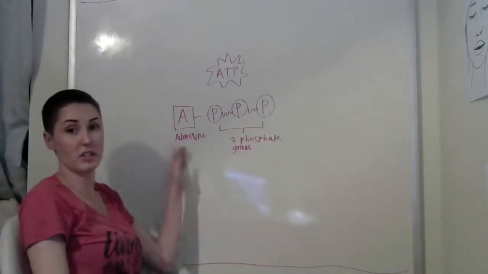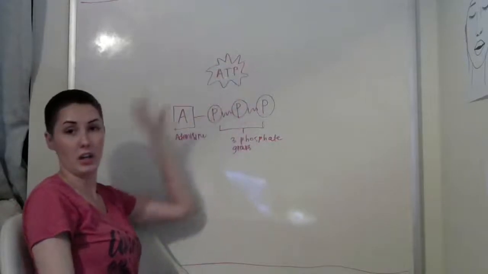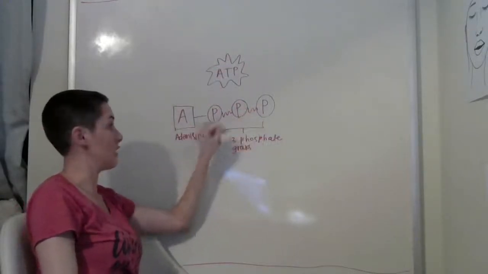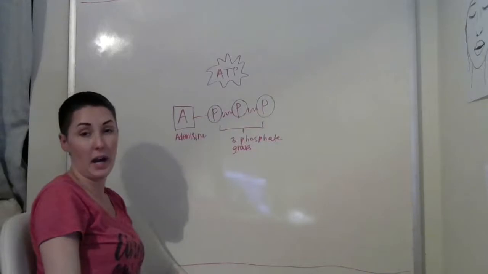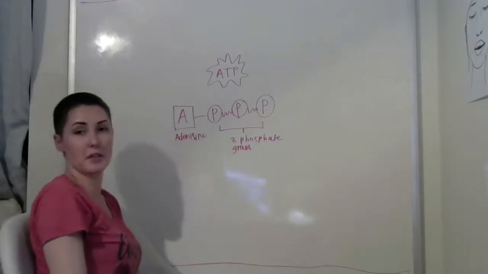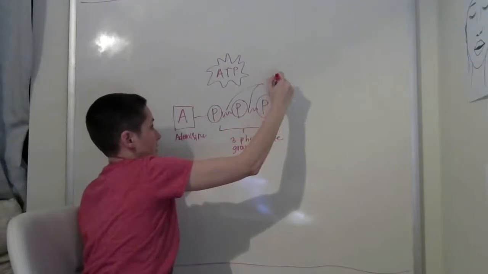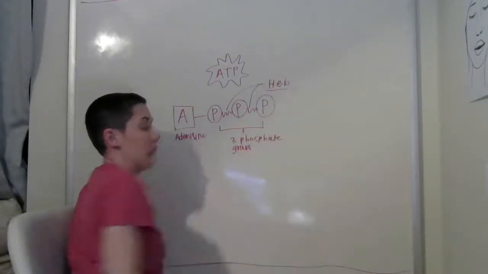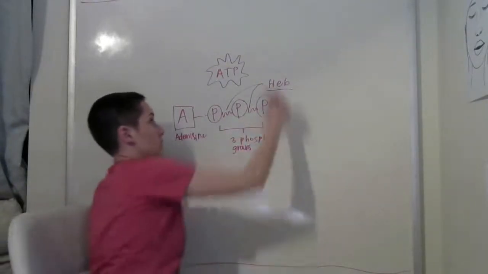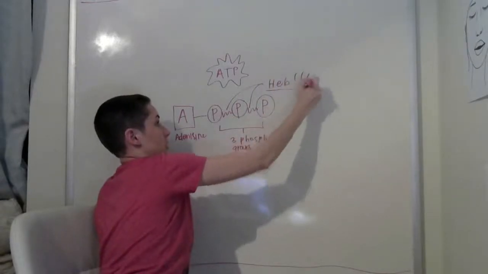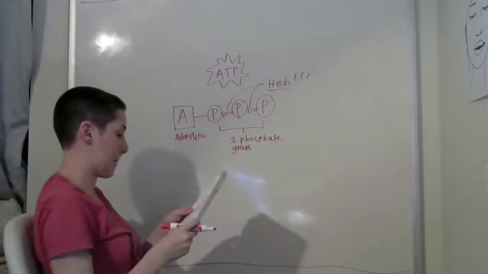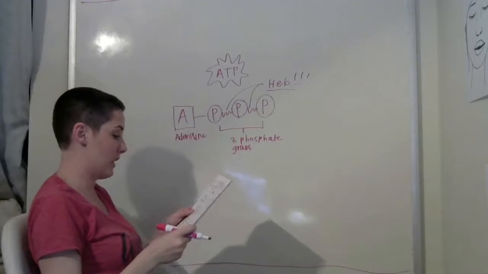Okay, so this is just the building blocks for energy. One adenosine, three phosphates, and then you have these high energy bonds. I was going to say electricity. All right, so high energy bonds. These are the most important part. All right. So then the next part I have is